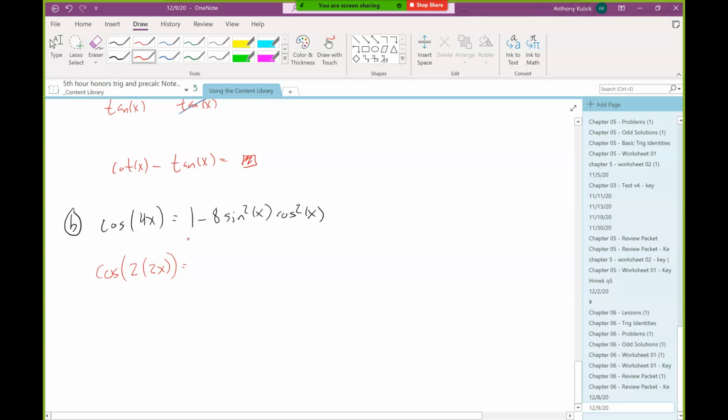So I'm going to think about sine of 4x as 2 times 2x. So I can use my double angle. And if you remember back, there were 3 versions for the double angle formula for cosine. The one that I'm going to pick is the one that starts with 1 minus. And since it's a double angle of 2x, the variable I'm getting is 2x. When I do this,